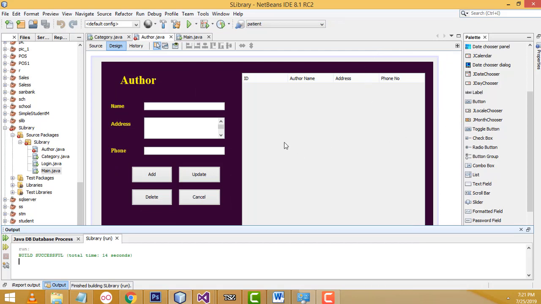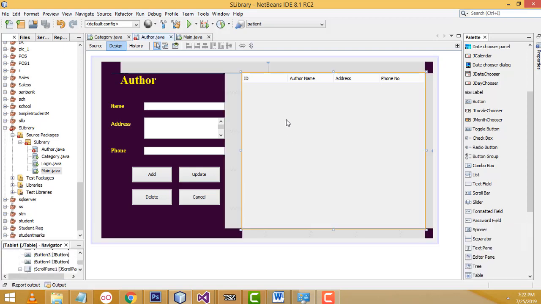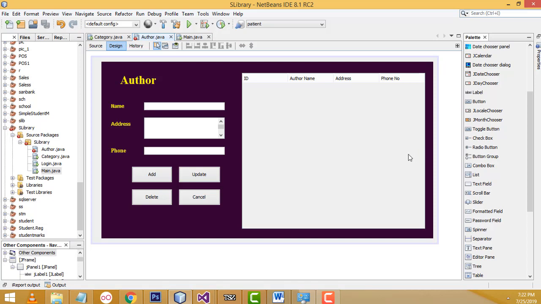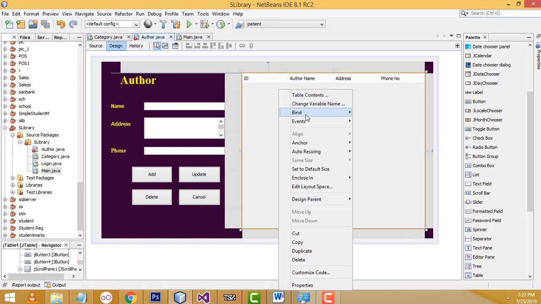Now after that, I'm going to edit and delete the data. How to do the task? Before you edit or delete the data, we have to get the data back to my form. If you select a row, the selected row data should be displayed on this form. So let's do how to do that. Select this JTable, right click, event,